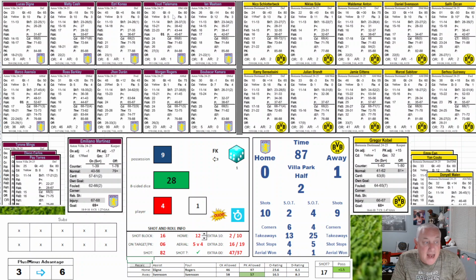It's -9, which still is a goal on the 82, makes it a 73, but +10 on the free kick, goal. So Tielemans scores, assisted by Digne. So they work a good free kick there. And we're tied.